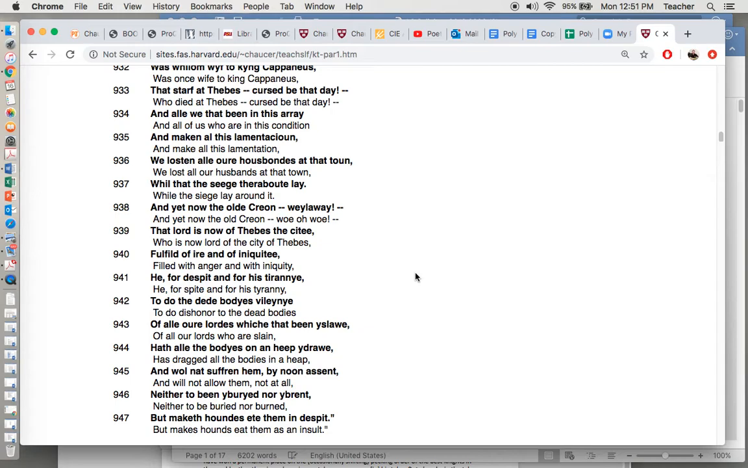So starved at Thebes. Okay, 934. And all that way being in this array, that maken all this lamentation, we lost us all our husbands at that town, while that the siege thereabout lay. And yet now the old Creon, that lord is now of Thebes this city, fulfilled of ire and of iniquity, he for despite and for his tyranny, to do the dead bodies villainy, of all our lords which that been slain. When we see that y,